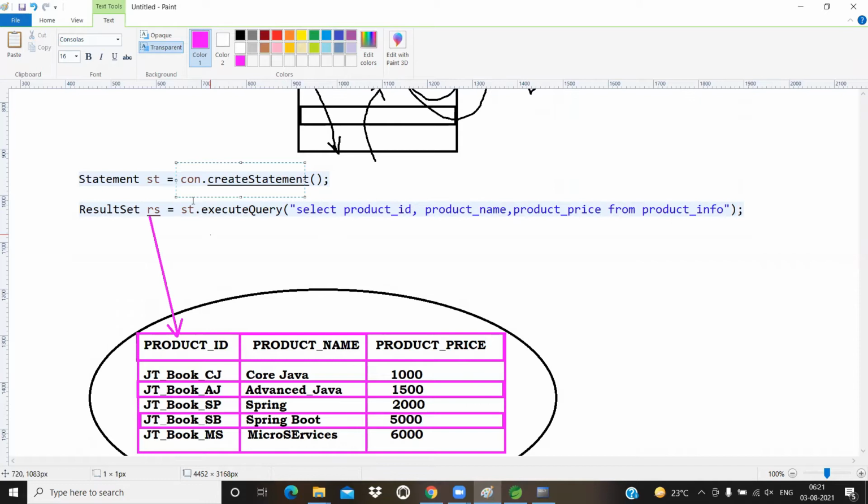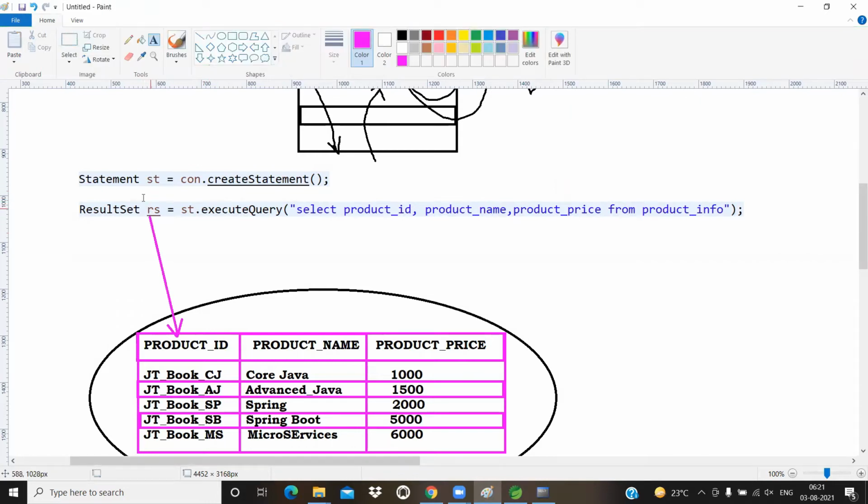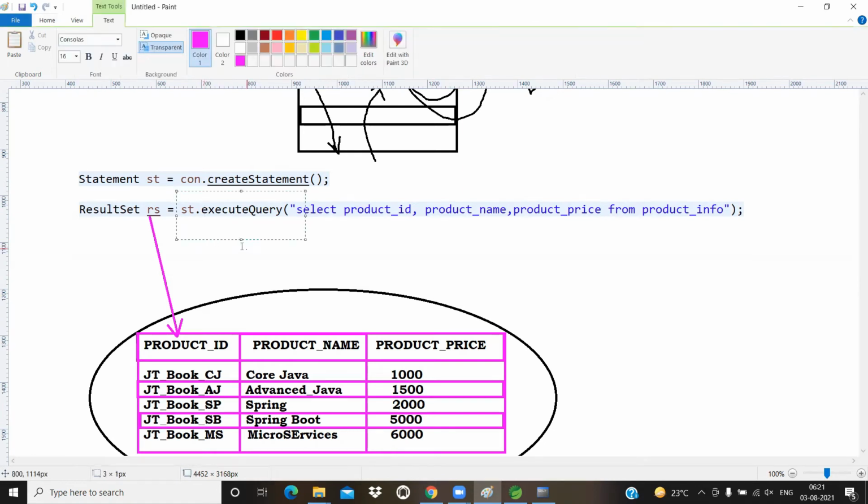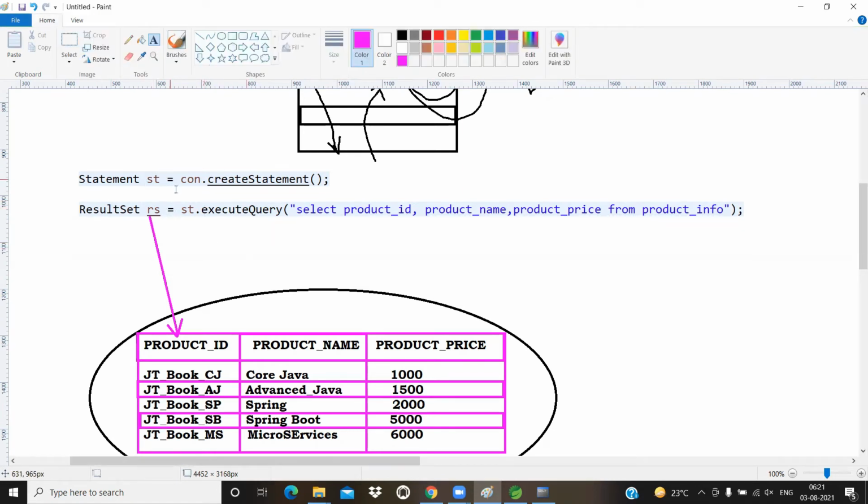The connection object. Who is creating the result set object? The statement object. So the result set is created by the statement. So we should inform the statement: hello statement, I require forward only, scrollable, updatable, sensitive, insensitive. Am I telling all this information to the statement? No. As a programmer, we have to inform what type of result set we require.